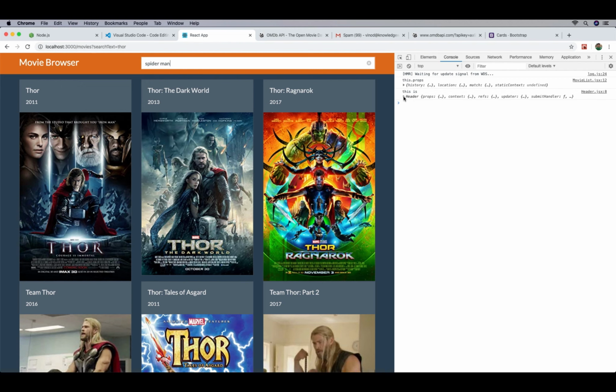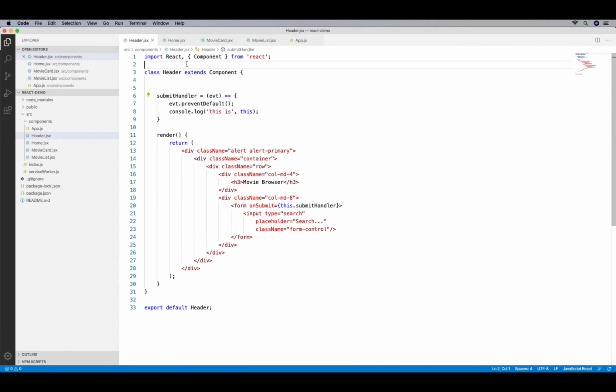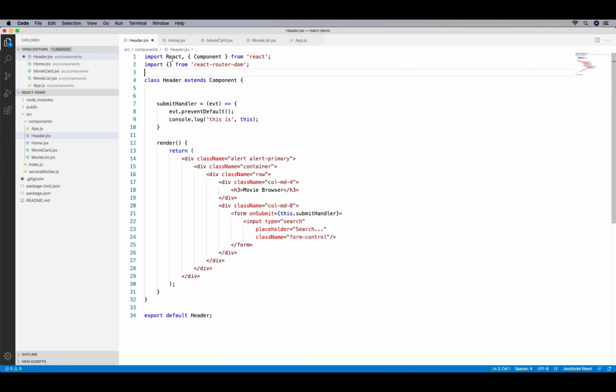The second problem is now the props doesn't carry anything. So right now props is an empty object. We wanted the props to contain history, location, etc. Now in the previous case we saw that it was automatically added, but this time it was not. So what we do now is we would now import something called withRouter, which is a function from React Router DOM. So I'm going to say here import from React Router DOM, and what we want to import is a function called withRouter,